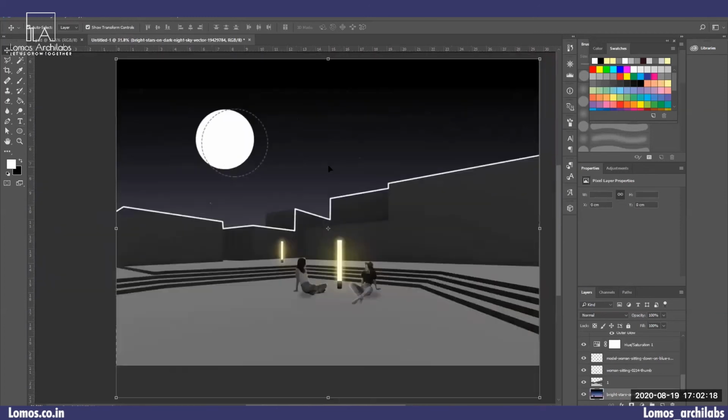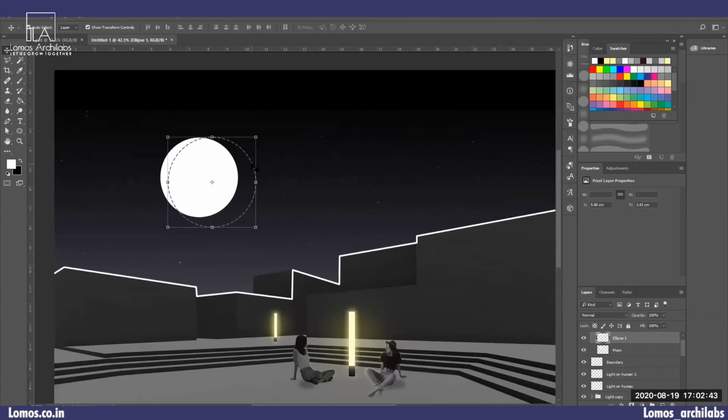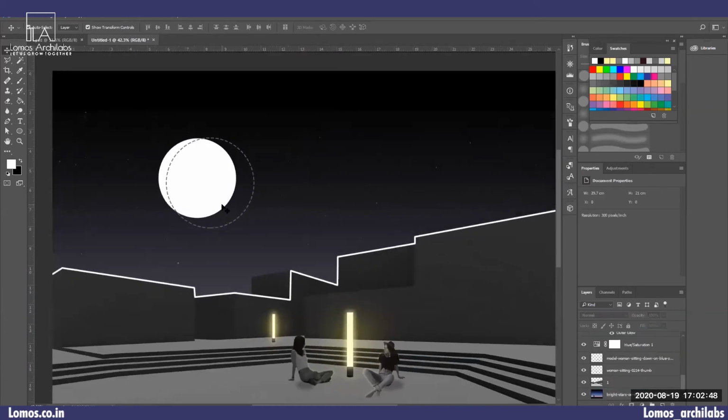So I like this. I can create a group, place the layer for the moon in that group and name it moon.